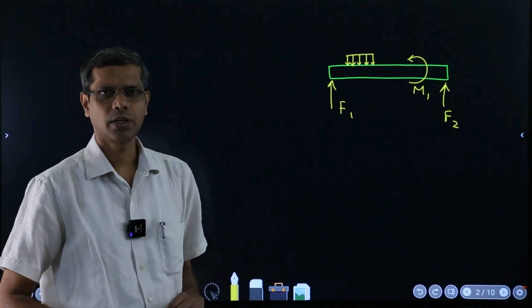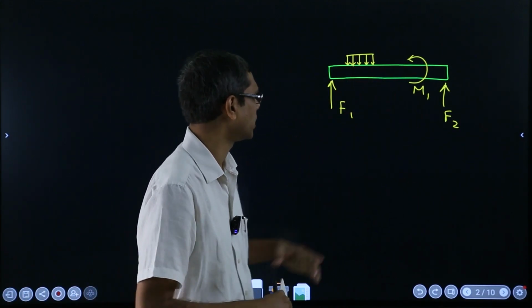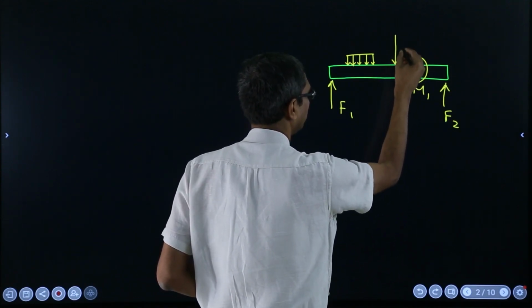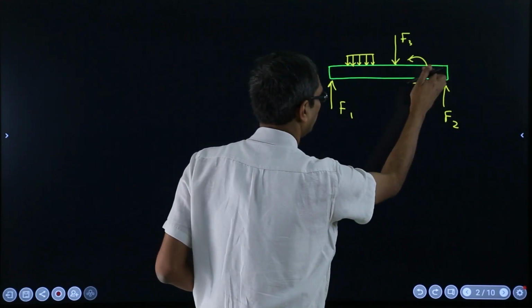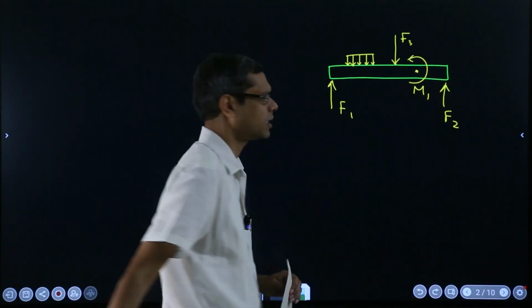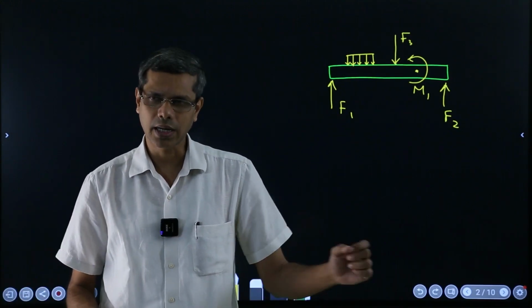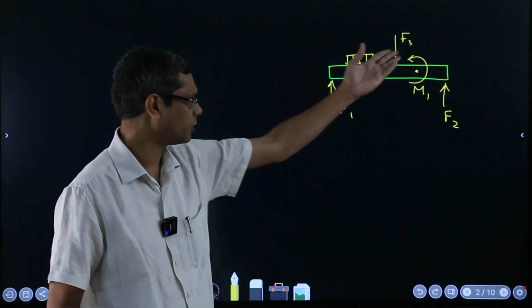Mostly beams are subjected to some continuous loading, not only these kinds of concentrated forces, maybe F3 here, or a concentrated moment like that at a particular location, but a load which is varying continuously along the axis for a certain duration, or maybe even the full